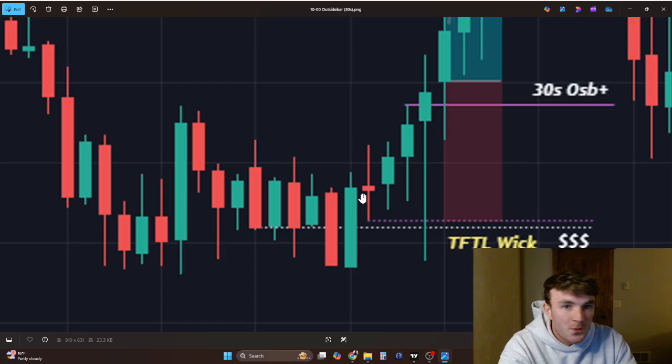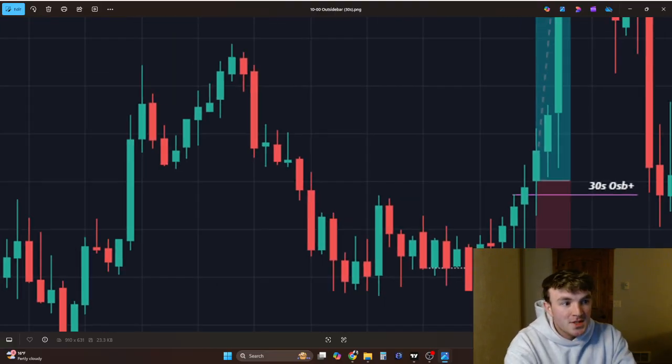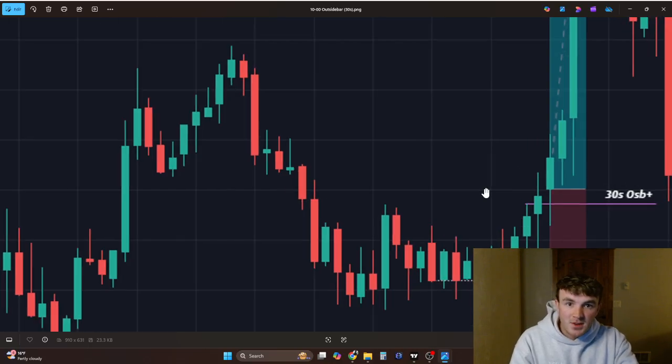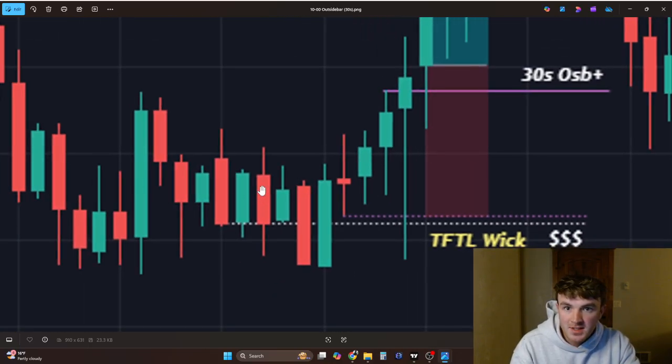Once again, we have an outside bar where the prior candle has the high and the low here. The next candle after, so this one, takes the high and the low of this candle, and it closes higher. So you get your entry right there on that close. And why do I like this so much? Once again, very nice thanks for the liquidity wick, right? Sweeping out essentially all of these lows.